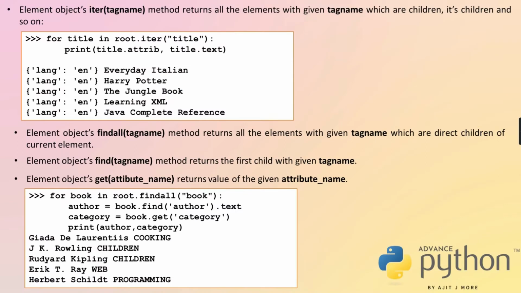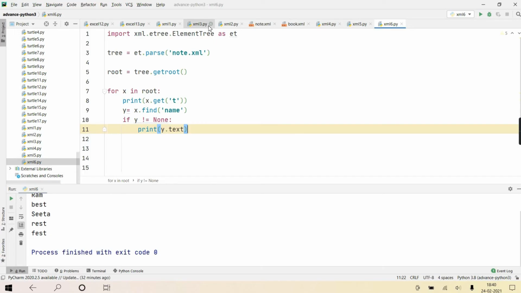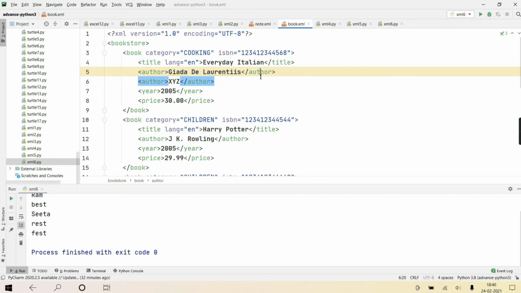Then proceeding with some more things. Next thing is, you can create an entire XML document through a Python script, or you can make some modifications to the text content, or add any attribute, or change the value of an attribute. That provision Python has also given. Like here we have this XML document.